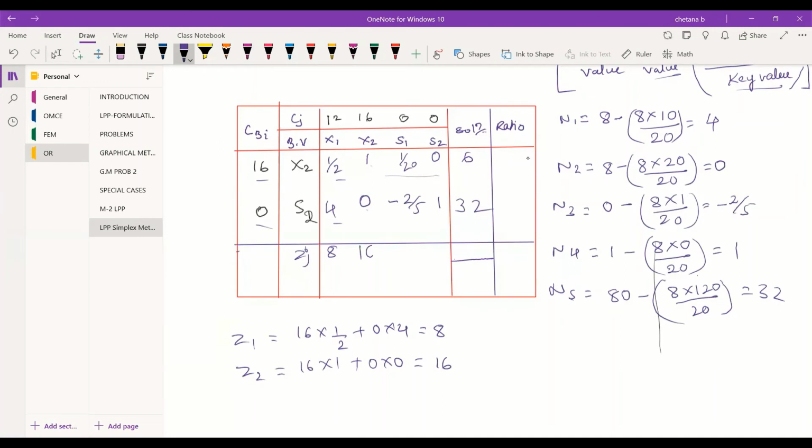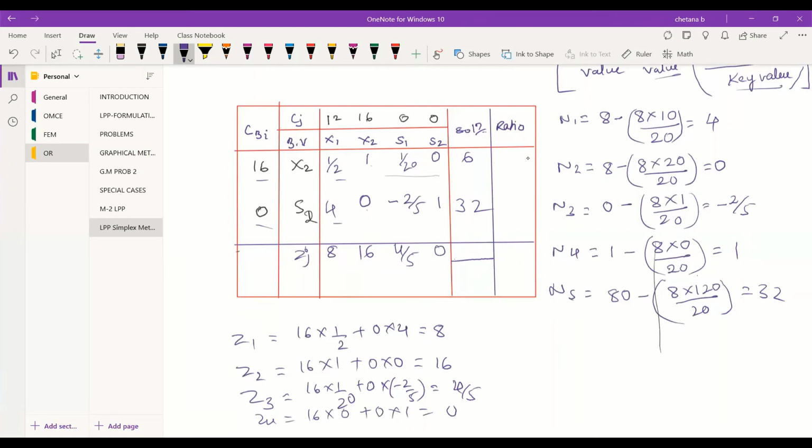So here 16. Z3: 16 into 1 by 20 plus 0 into minus 2 by 5. How much is this? 4 by 5. Then 16 into 0 plus 0 into 1 is 0.